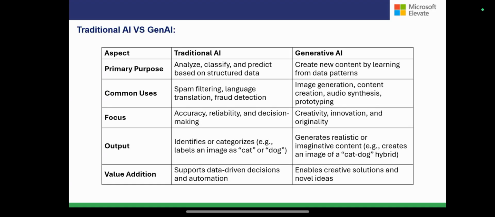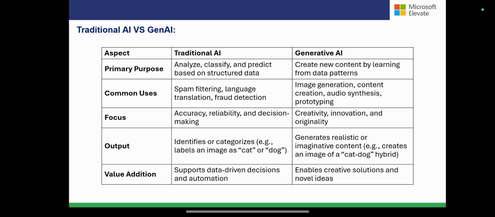But when it comes to generative AI, new things come into the picture, like creativity, innovation, and originality. If a new image has been created, we should be able to identify whether that image is fake or original. Generative AI has the capability to create an image that does not show that it is fake, even though we are aware that the image is completely fake, because it has that much originality in that creation. So that is where the major focus comes in.